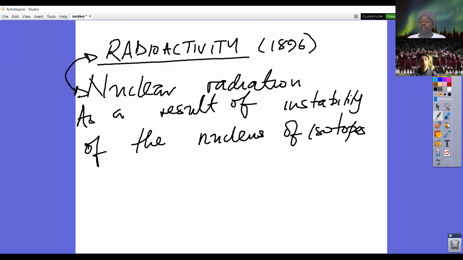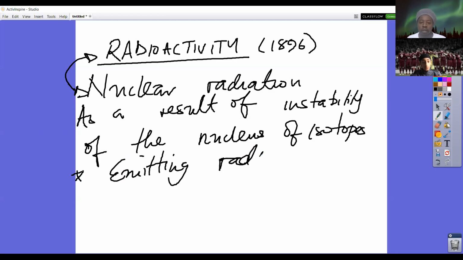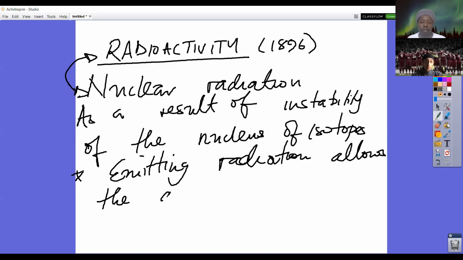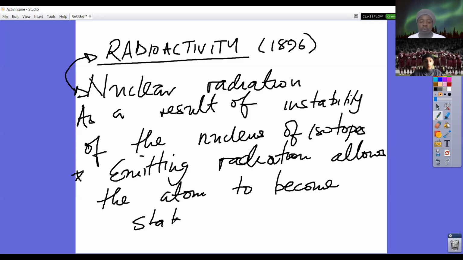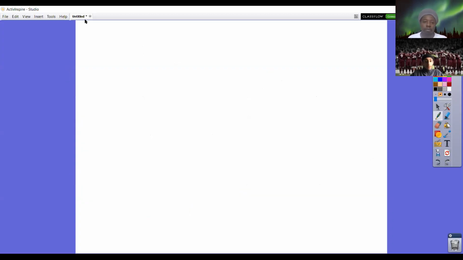So the fact that a nucleus is unstable means that one way it can achieve stability is by releasing these radioactive particles, or by emitting particles from its nucleus. Okay, so emitting particles, so emitting radiation allows the atom to become stable. Now, the one thing we say about radioactivity is that, if I can go to the next page, we say that